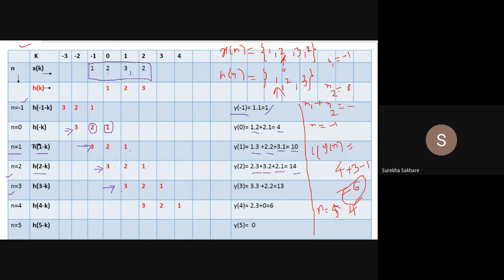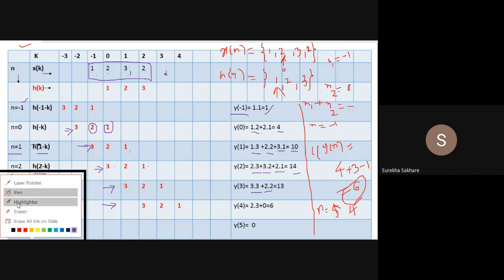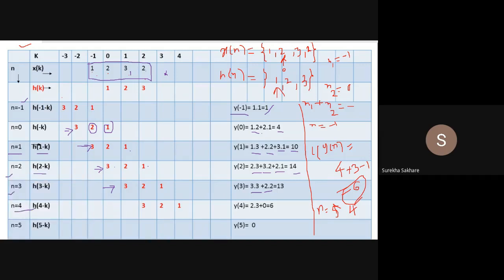Then you have the signal 3 into 3, 9. Let's see, first we'll check how many overlaps. 2 overlaps. So there is no overlapping here. Okay, so 3 into 3, 2 into 2. 9 plus 4, 13. As simple as that. Now, at n equal to 4, another shift. Just check what is happening here. Another shift means, sorry, I should have had this as